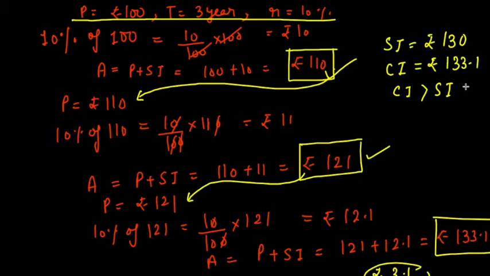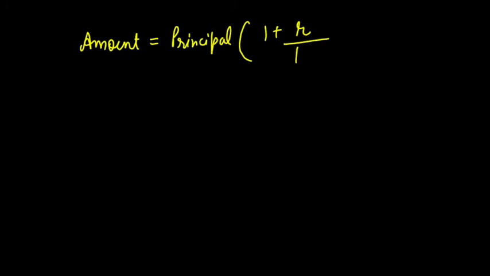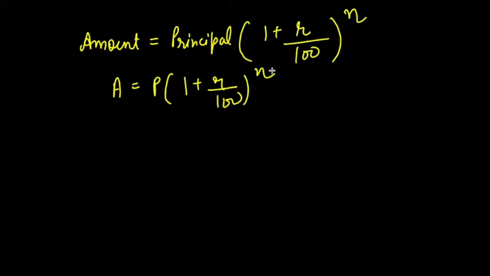But if it comes for 14 years, 15 years, we can't do it this way, and that too we have done it with smaller numbers. So we have derived a formula for it, the compound interest formula. How do we write that? Amount will be principal into 1 plus r upon 100 raised to the power n. Okay. So in symbolic form, you can write it as A equals P times 1 plus r upon 100 raised to the power n. And we know here P is the principal amount, R is the rate, and n is the time period. Okay. Now this is the amount which you will be returning to the bank.